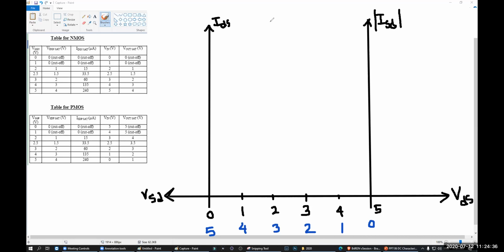So we will be using different colors. At first, let's use it for NMOS. See, our 0. What is this graph? This is VDS, right? For VDS, this one. No, we will be using different colors, I told you, right? Let's use the orange. Here you have 0. For 0, your current is 0, right? That means for this 0, your current is 0.